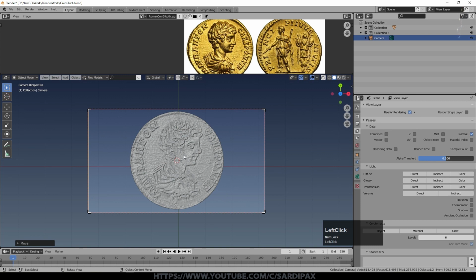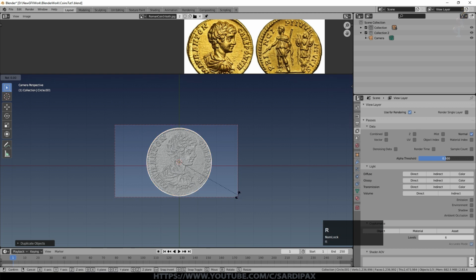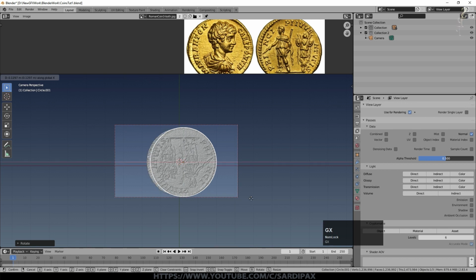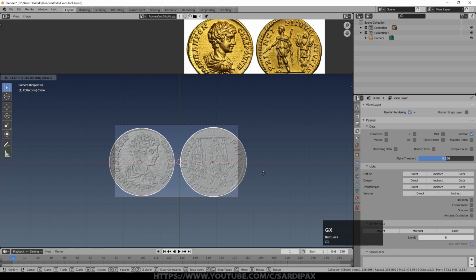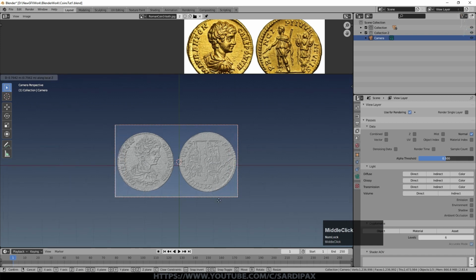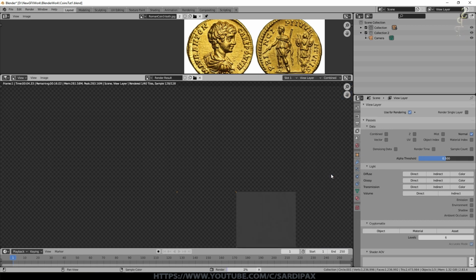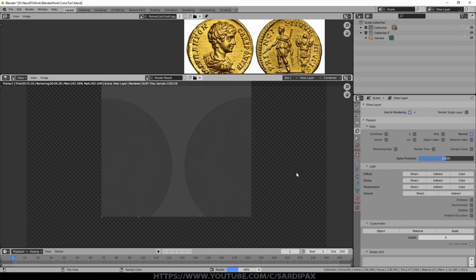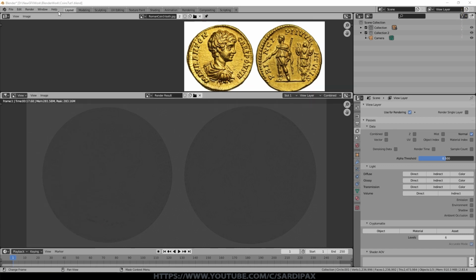What I did before was render the front and the back of the coin, as it were. I'm just going to take my coin, rotate on the Y 180 after duplicating it, move that into here, make sure there is a gap between them just to make life a bit easier, and move this out. So there you can see our coin. And now I'm just going to render. I'm just rendering at my default of 1080p at the moment. Obviously there's no lighting in the scene, so it's just the grey background. But at the moment all we're seeing is that ray effect.